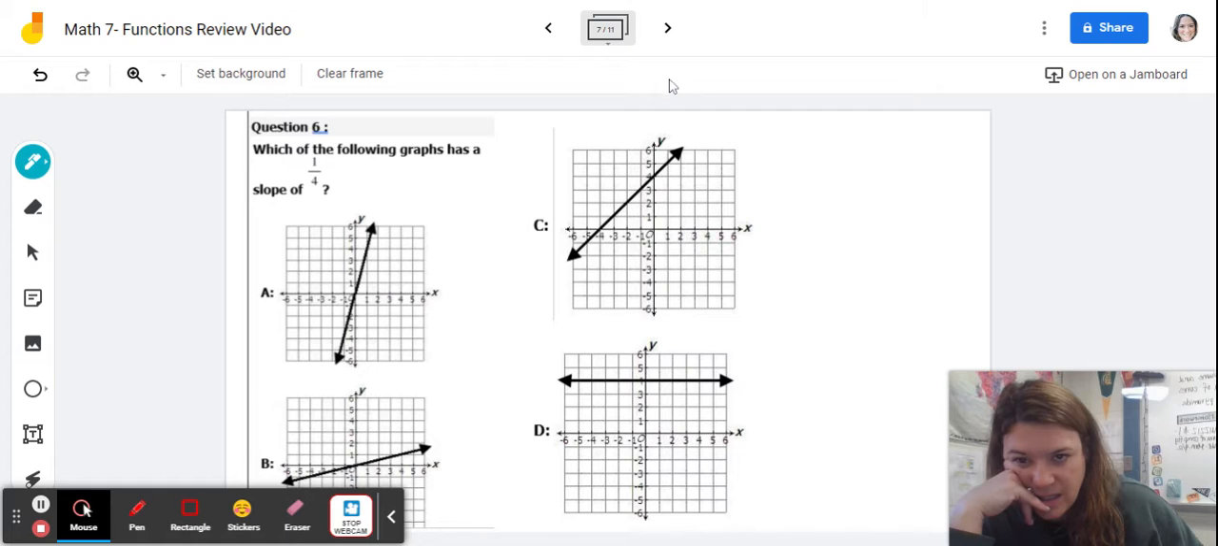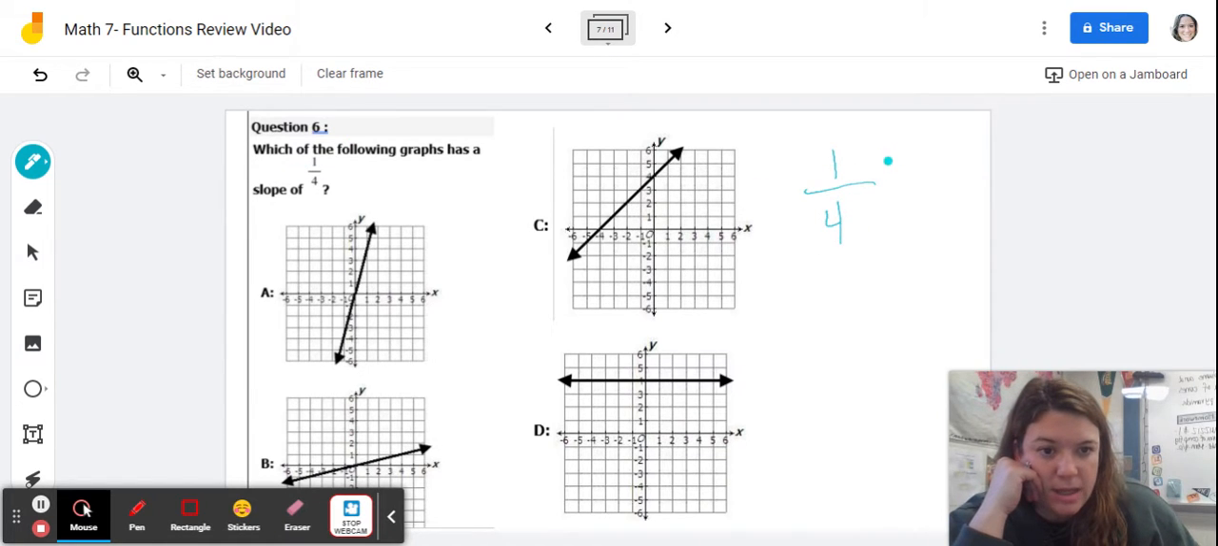All right, question 6, slope of 1/4. Remember that the 1 is the up and down number, the 4 is the left or right number, and because it's positive, I can already cross off